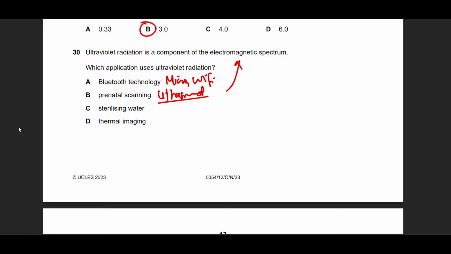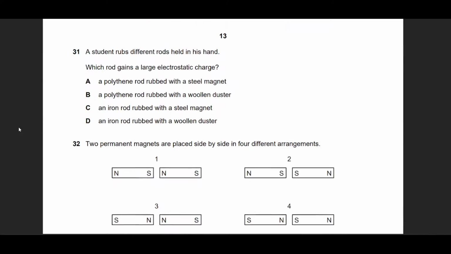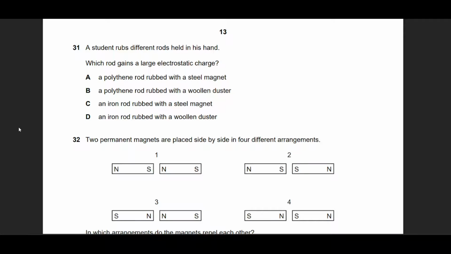Sterilizing water, that looks like a good option because ultraviolet is used to kill bacteria. Thermal imaging, no, that's for infrared. This is for infrared, so C is the best answer. So moving on, question number 31, he says,